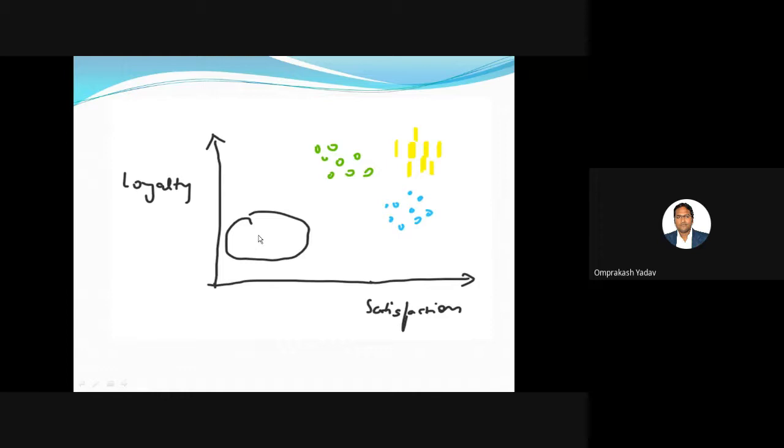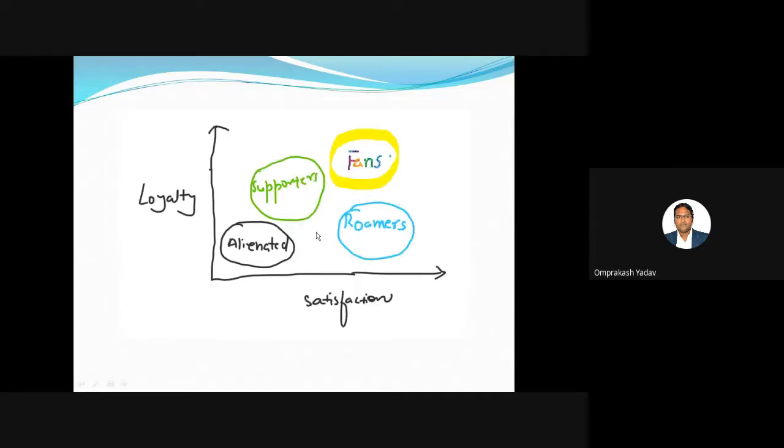We are not talking about this cluster. We can simply eliminate them because they are people with very little loyalty and low satisfaction. So we can just alienate them. We are just focusing on the second group, because from here we can turn most of the people to buy more products, so that they will increase our sales. So I saw that three different groups of people are involved in this. The first one I have marked as the alienated, because they are less loyal and less satisfied.